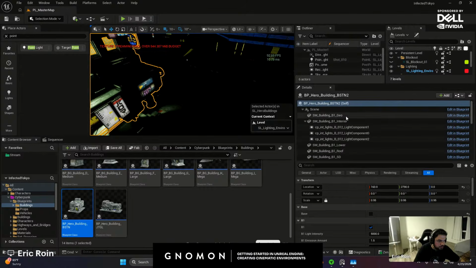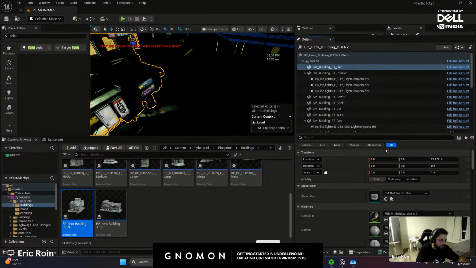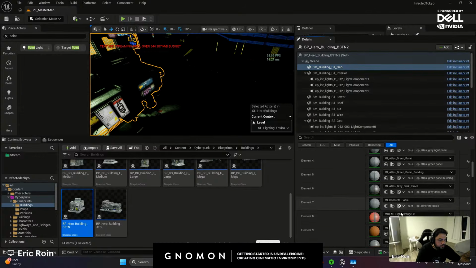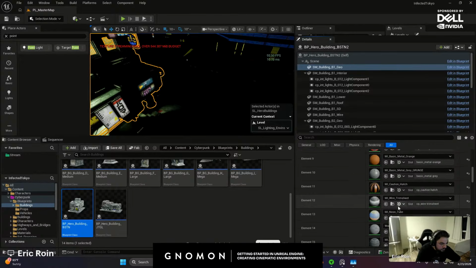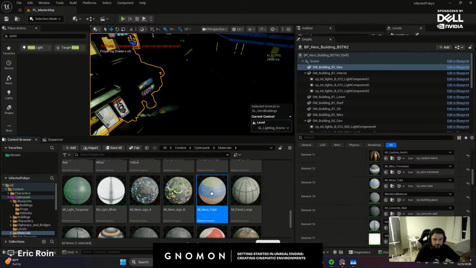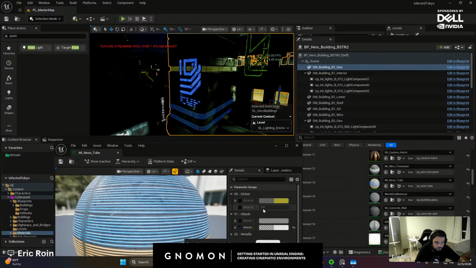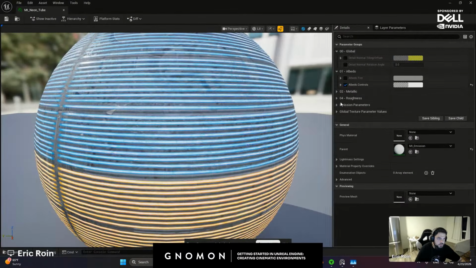And let's see, in terms of geometry, I'm just going through it, seeing what materials I have. So this is a material instance.